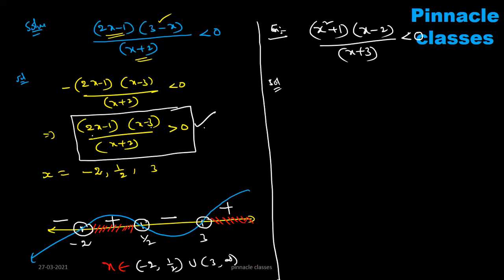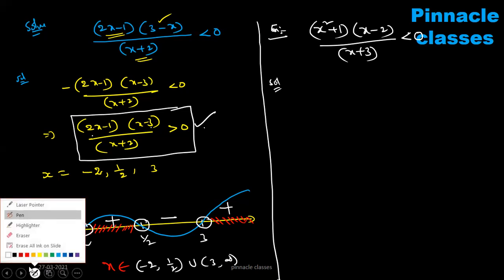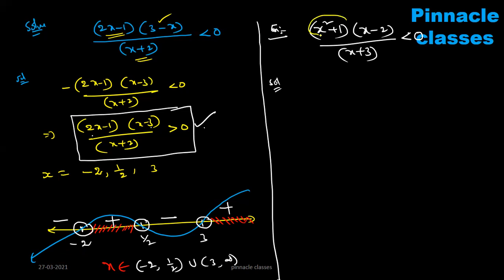It is very easy. Don't get confused. First of all, what you are observing in this question: for any values of x, what is the output? Positive, plus or minus. x square is positive, plus 1 is also positive. The entire value is positive, so forget this value. You have to focus on the remaining cases. What is that? x is equal to 2 and minus 3.